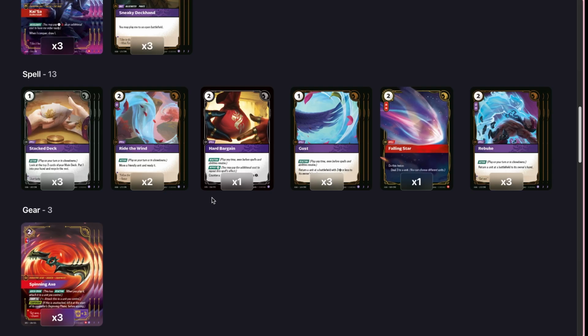One Hard Bargain against Kai'Sa and Irelia mainly, but it can be really surprising for a lot of decks if you have a Hard Bargain in your main deck. 3 Gust, not 100% sure looking back on the tournament now whether I still like this pick. It felt really great in the weeks before the tournament. You can just